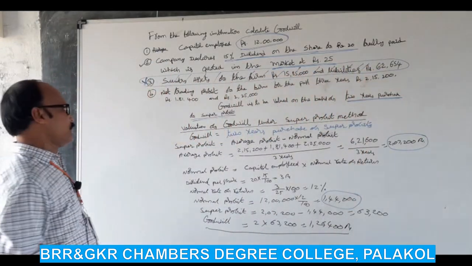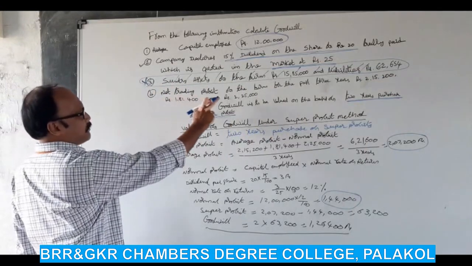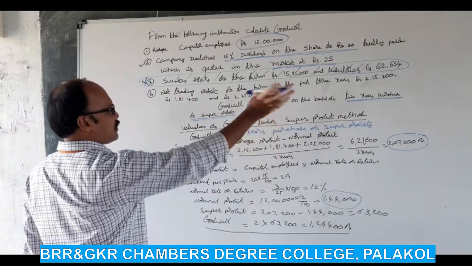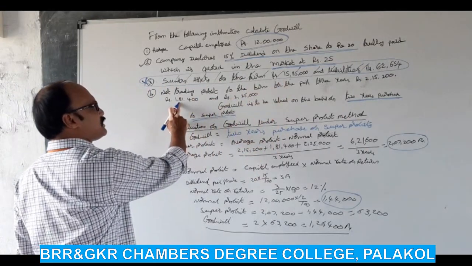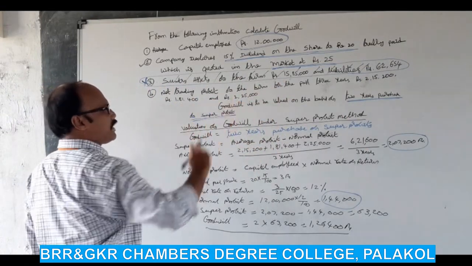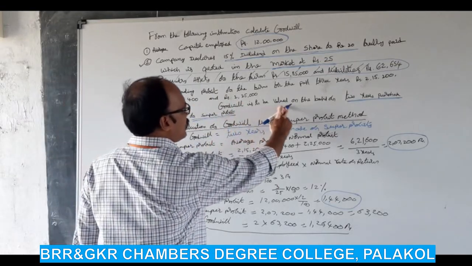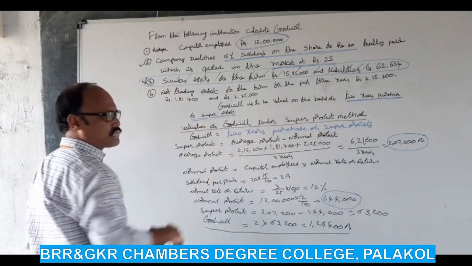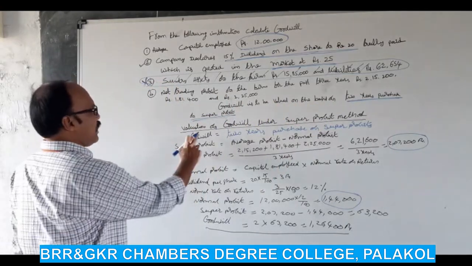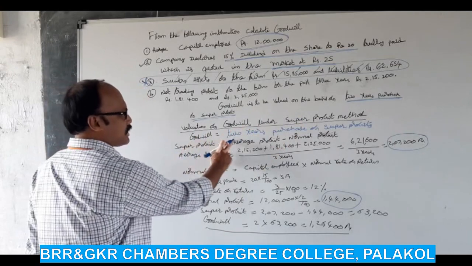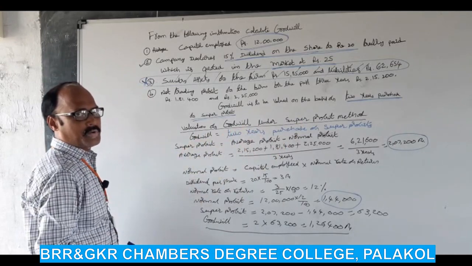Do you understand? Right. Net trading profits of the firm for past 3 years: 2,15,200, 1,81,400 and rupees 2,25,000. So goodwill is to be valued on the basis of 2 years purchase of super profits. Valuation of goodwill under super profit method. Then goodwill is equal to 2 years purchases of super profits.